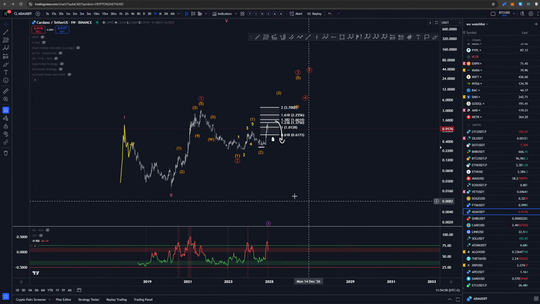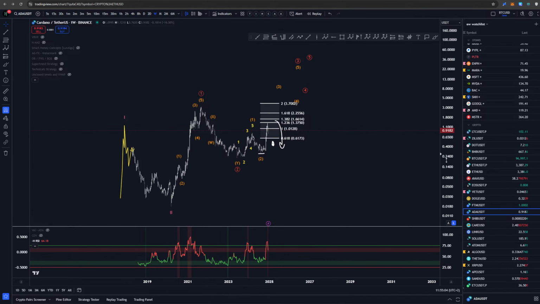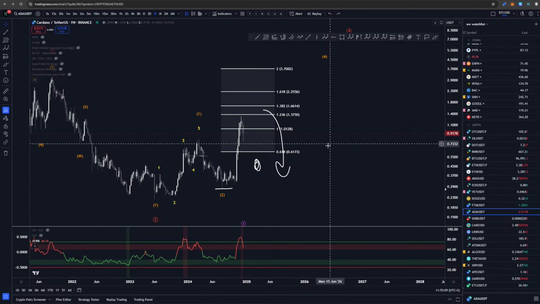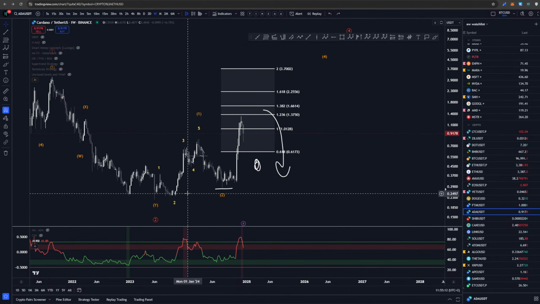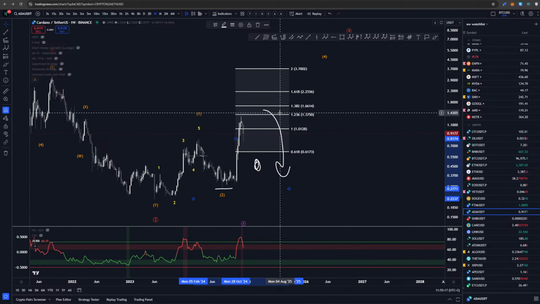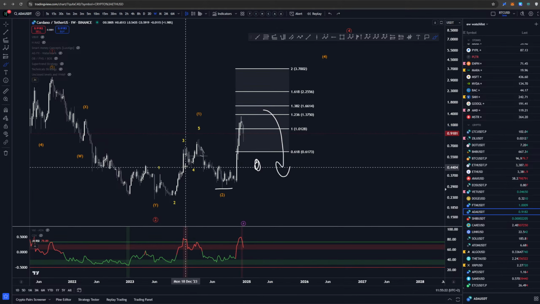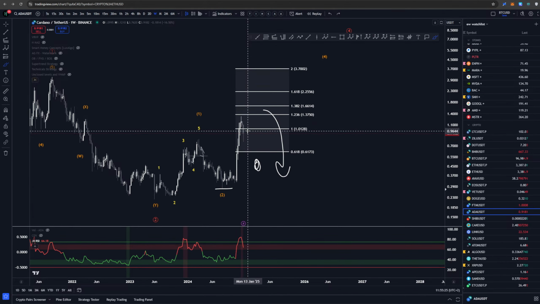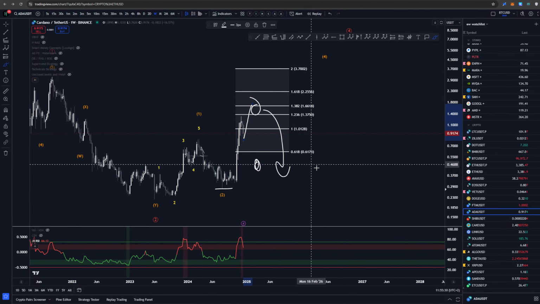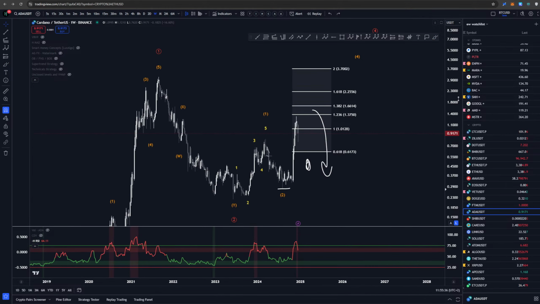Because if what we have here is 1, 2, 1, 2, 1, 2, 1, 2, then, yeah, you get the point if you know Elliott wave. The only bearish thing is that we have gone beyond the 1-to-1 extension, which is scary, because this could be an ABC as well, even if it creates one more high. This is where you could be looking to sell off some of your ADA, I think.